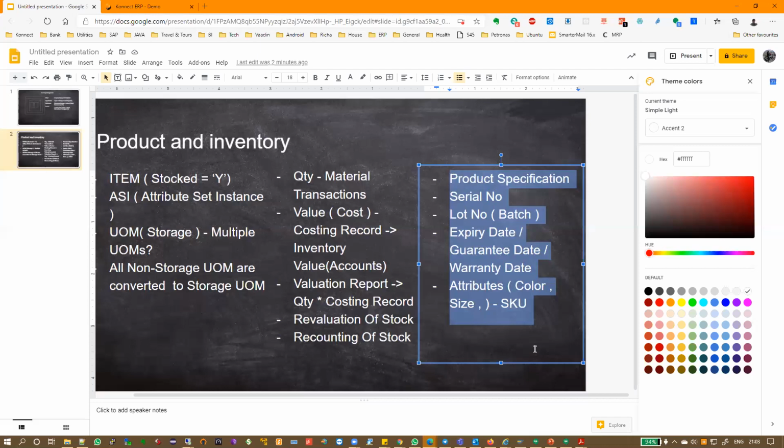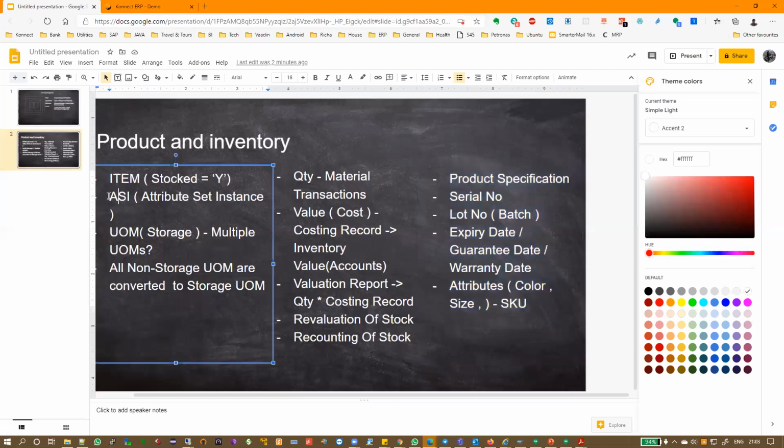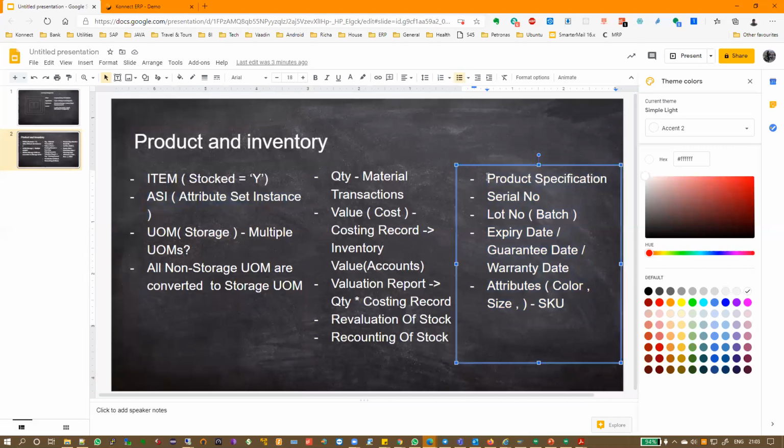And the beauty of our ERP is all of this is combined into what we call an attribute set instance.